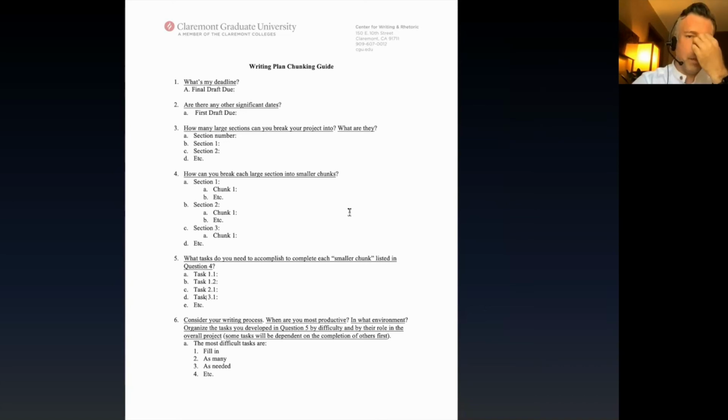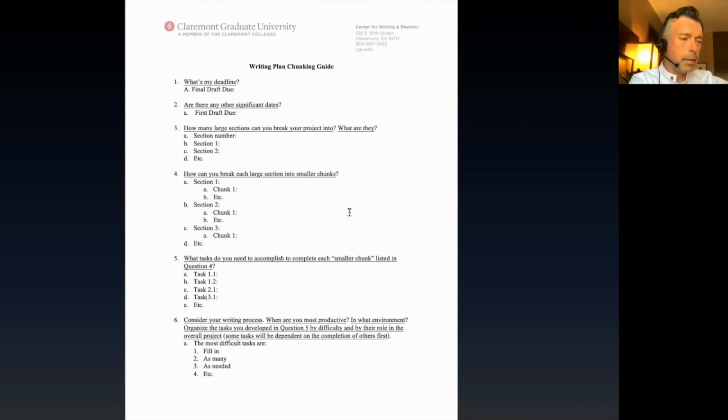Then you want to think about those larger sections that I talked about. You would just list these. Again, I think it's helpful to think of it either in terms of your writing process or in terms of the structure of the final product. Then from that, you want to break down into those smaller chunks, okay, as we see in number 4 here. And this is, of course, going to be relative to the assignment and to how you want to approach this chunking method. Number 5 is the most important.